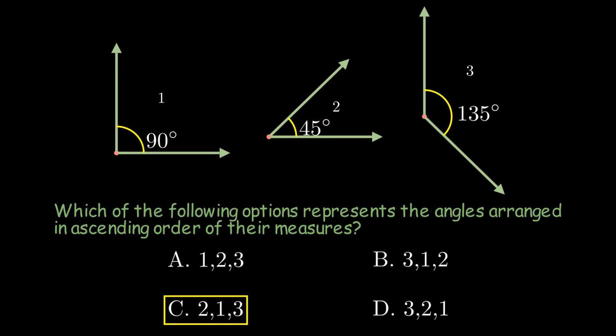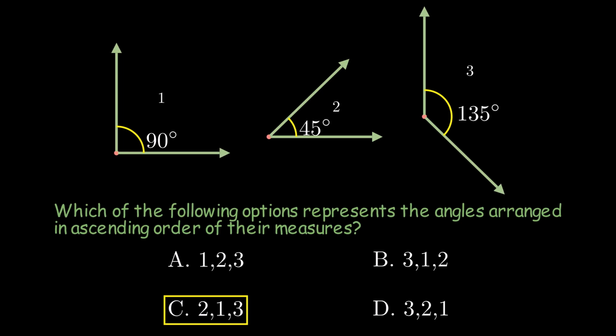Now let's look at why the other options are wrong. Option A, which is 1 followed by 2 and then 3, suggests that the 90 degrees angle comes before the 45 degrees angle. But we know that 45 degrees is smaller than 90 degrees, so this order is incorrect. Option B lists out the angles from the largest to the smallest, that is 135 degrees, followed by 90 degrees, and then 45 degrees. But we are looking for the order from the smallest to the biggest, so this is